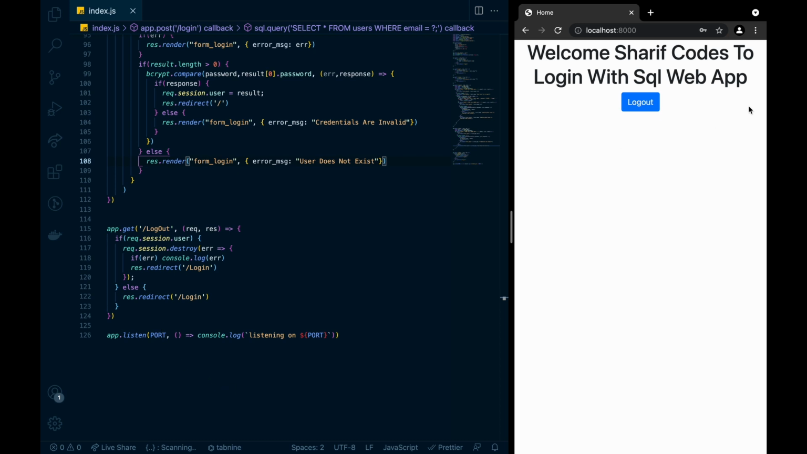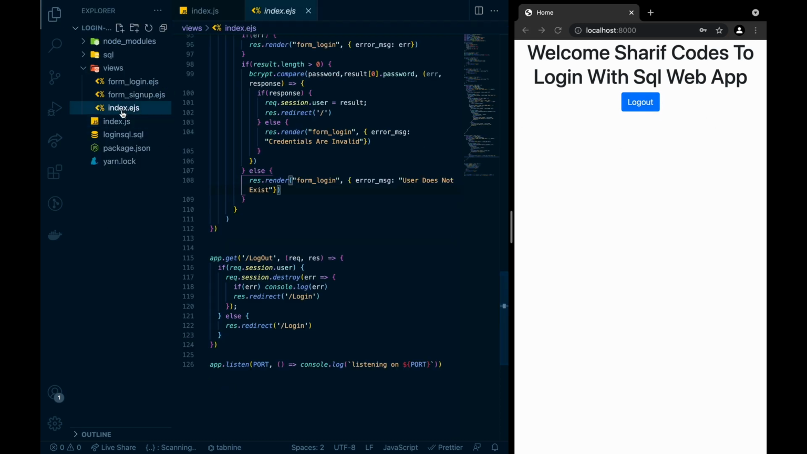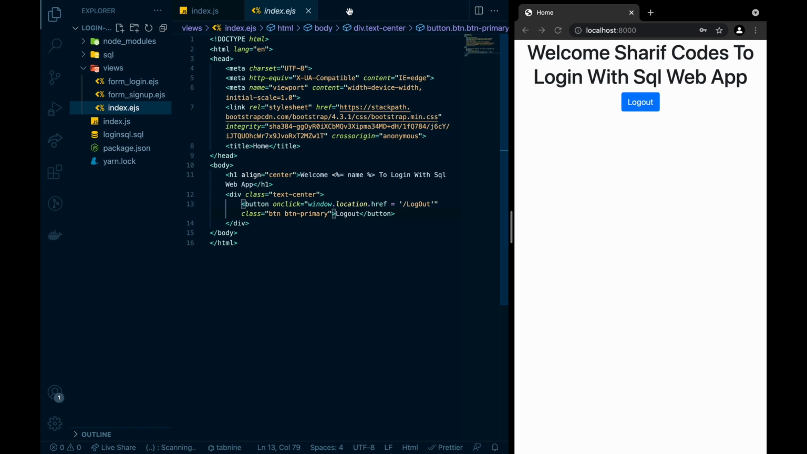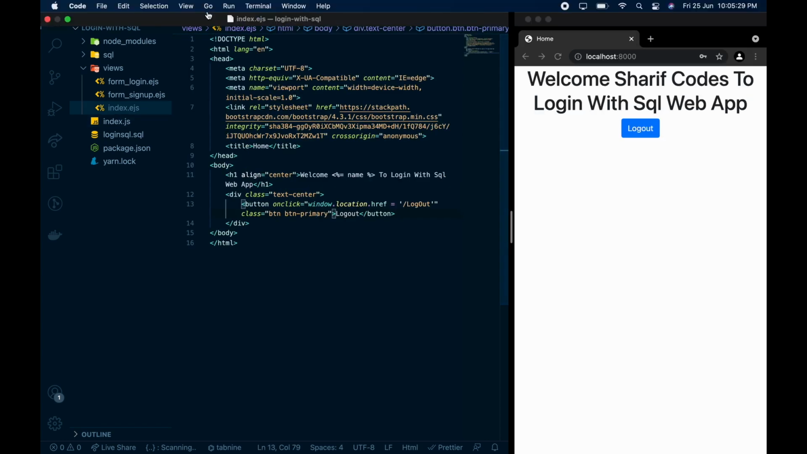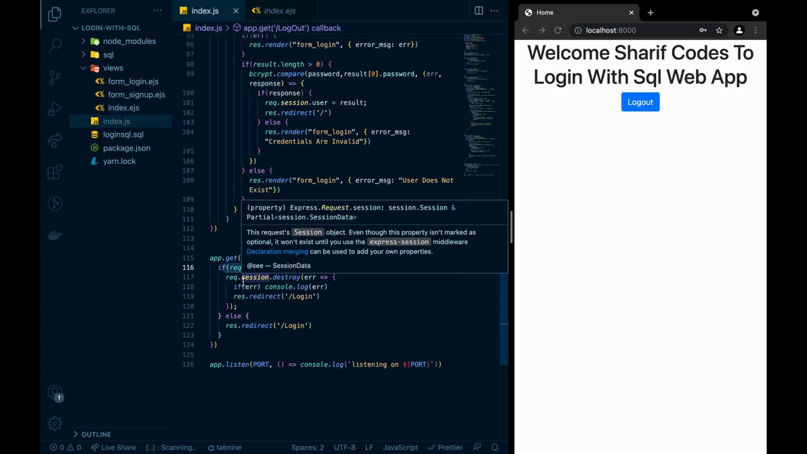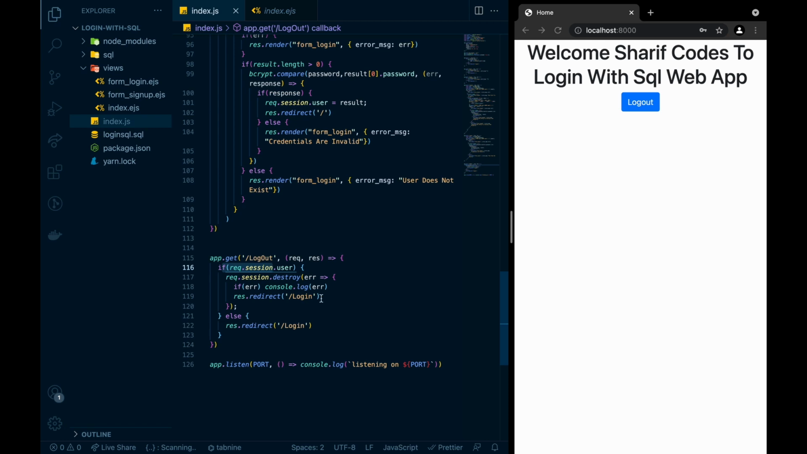So now, what this function does, let me give you a look at index.js. As you can see, button on click. When the button is clicked, it will redirect you to logout. So here app.get: if the session exists, then we want to log out. If the session doesn't exist, we will just redirect. If the session exists, we have to destroy the session. After that, we redirect to the login page. If there is no session, just redirect to the login page. So that's the whole